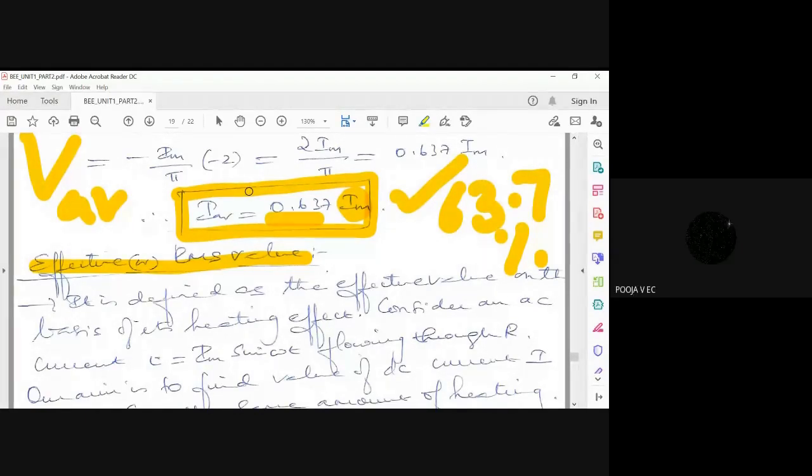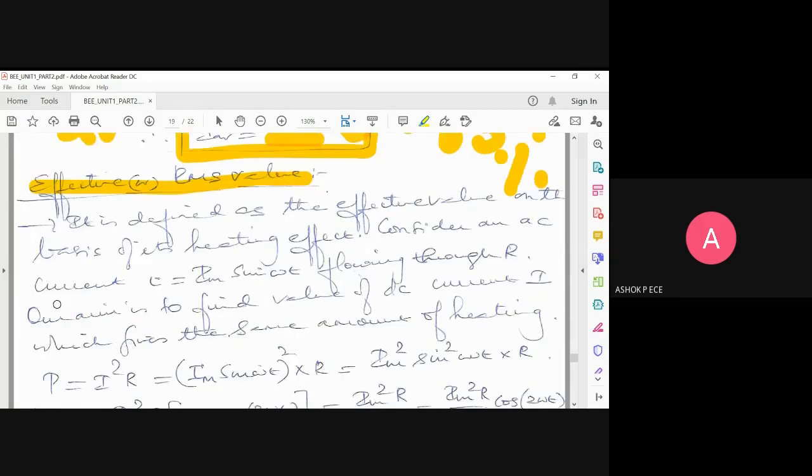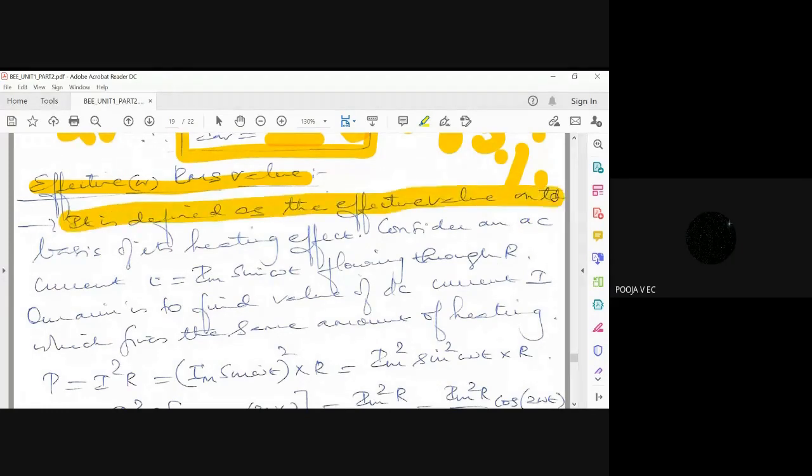For a sine wave, for one full cycle you have to consider from 0 to 2 pi. Yes, sir, the average I is considered zero. So I cannot use average. Effective means when a full cycle of a sine wave is going to pass through a resistor, what is the average power dissipated, or what is the effective power dissipated? If you use the average value, the current is going to be 0. So can you say the power dissipated is going to be 0? No, sir, there is some power dissipation because of this AC, right? That you are going to measure by RMS value. Okay, sir. Okay.